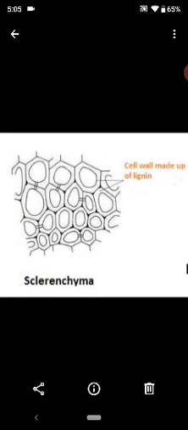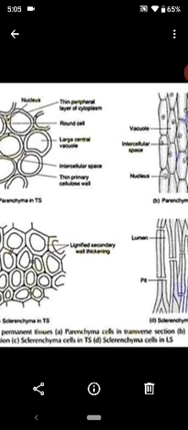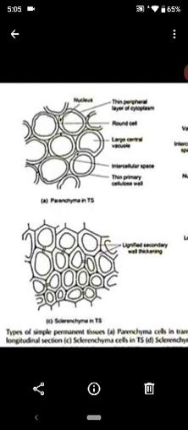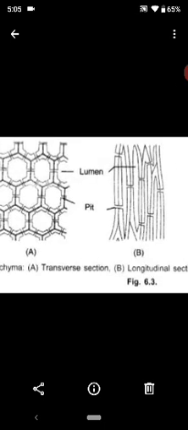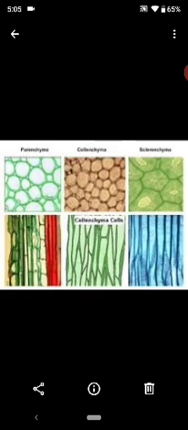Now I am coming to the next type of tissue, called collenchyma. See this diagram where the collenchyma tissues are thick-walled, right? They have thickenings either at the corners or on the entire wall. Now the features are: number 1, cells are long and thick-walled. Number 2, the cell wall is made up of cellulose plus pectin. Number 3, it is the only tissue which has the highest refractive index due to the presence of pectin.